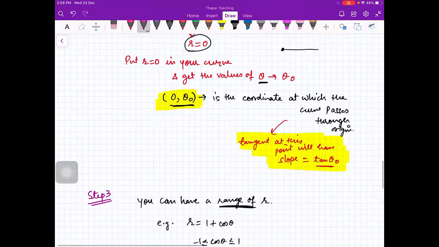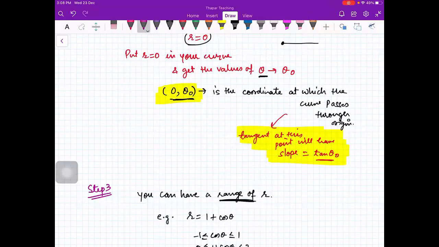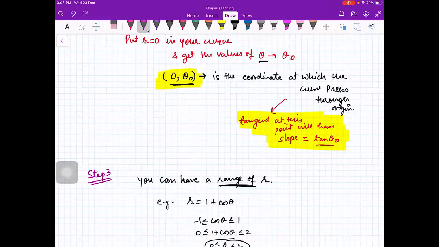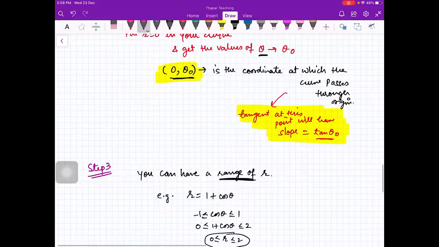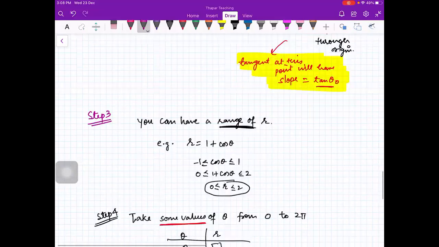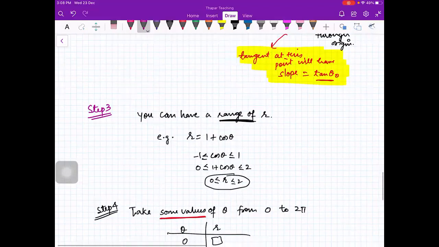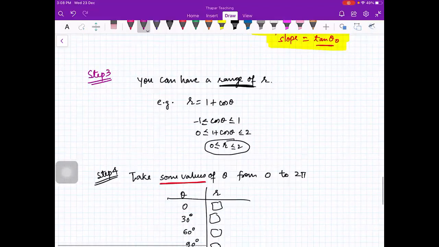I will explain everything again with the help of a problem. In the beginning, you will find it a little bit difficult, but I recommend that you plot with your hands, not just looking at the notes. You should plot some curves. Then you will get the confidence that you know how to plot. Okay, let us do the same things again, but with this problem.